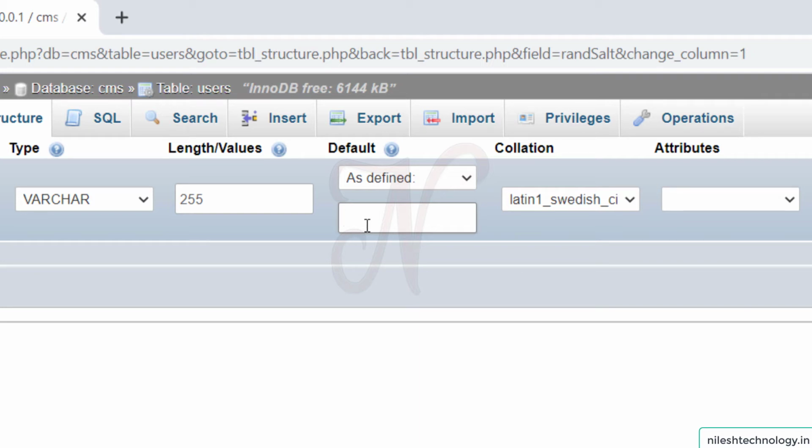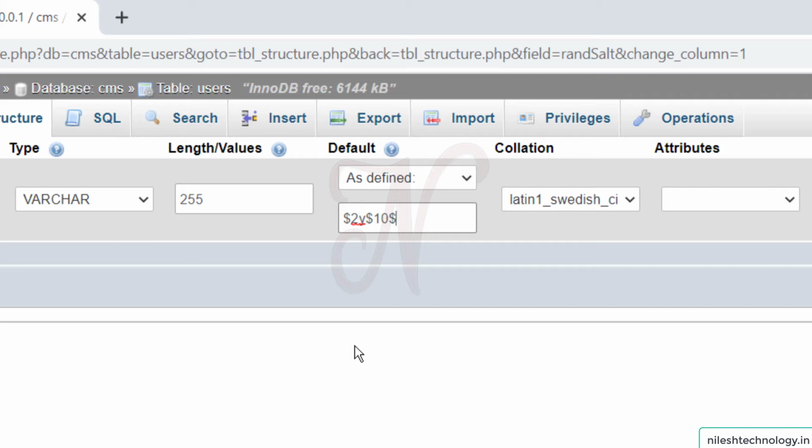By using the Blowfish encrypting technique, there are two parts of this word. The first one is the cost parameter, and the second one is the 22 length string. So here we use $2y$10. This is my cost parameter, and we are using a 22 character string. So here we use one string for example purposes.